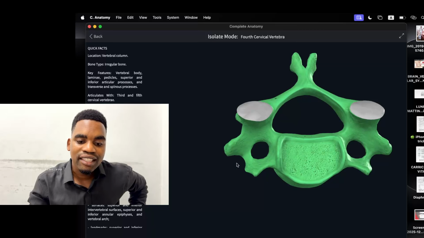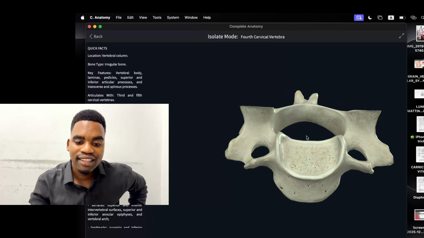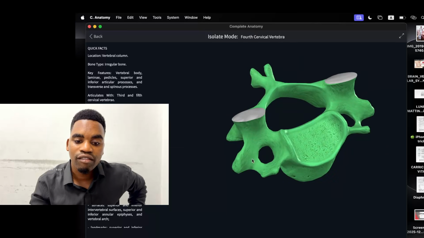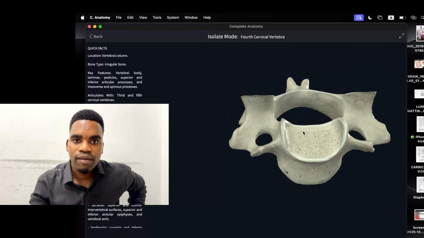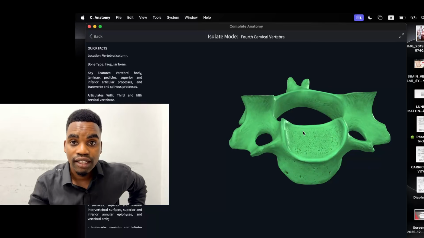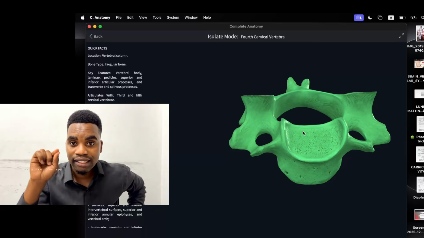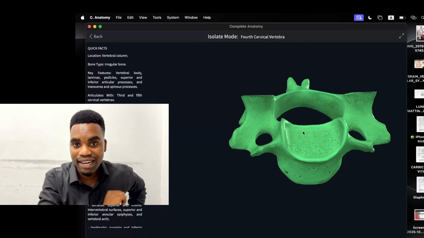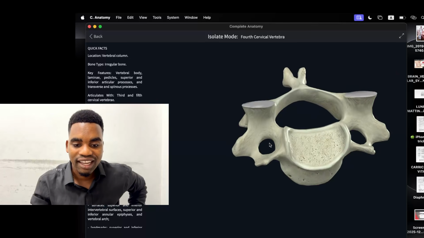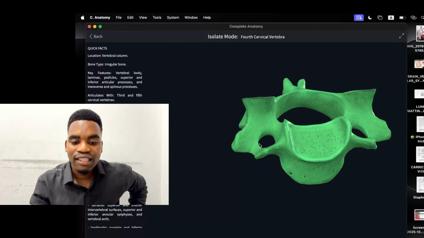Again, let's discuss the transverse processes. The transverse processes of the cervical vertebra are expected to have foramina. These foramina, we call them the foramina transversarium, which means transverse foramina. Why do we have this one? We have this one because